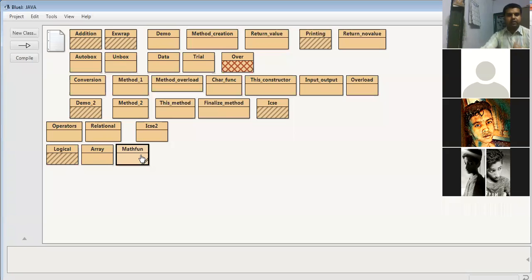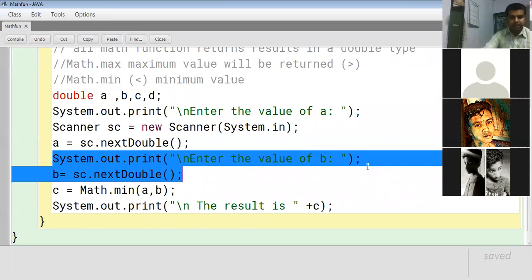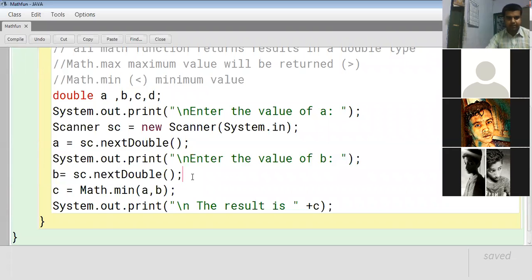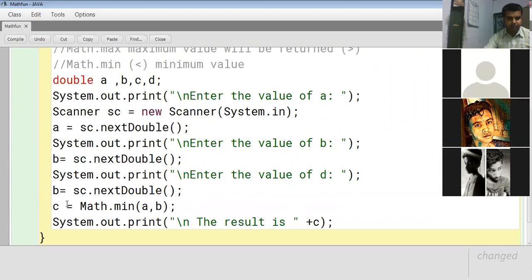We will go to a little more complex kind of operation now. Let's see. We will take another value, d, using the same statement. This time we will prepare a complex expression. The value of d is also to be taken from the user.